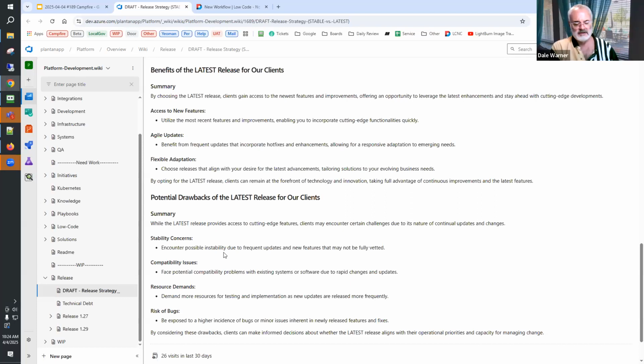If we decide that something is important enough to patch the stable, first of all, in most cases, you'll get to decide whether or not to even apply that in your stable environment. It'll still come out as a hotfix, and you still get to click and decide to install it. But then, yes, if we fix the stable, it'll go into the latest, and it'll also get into the future releases as well.